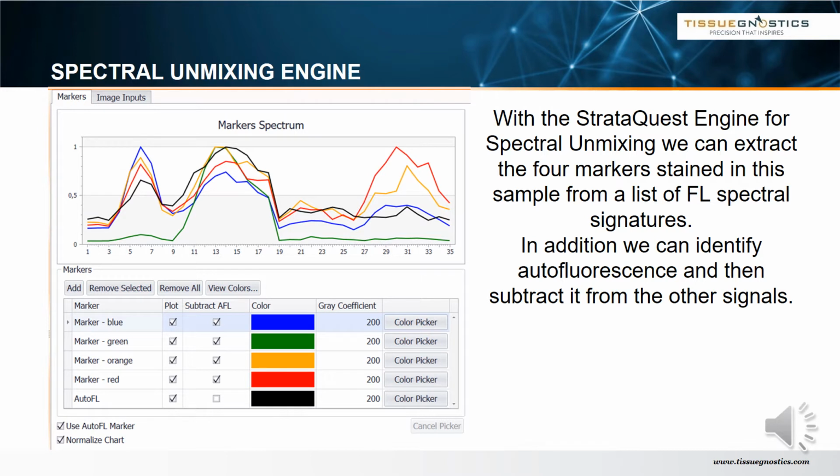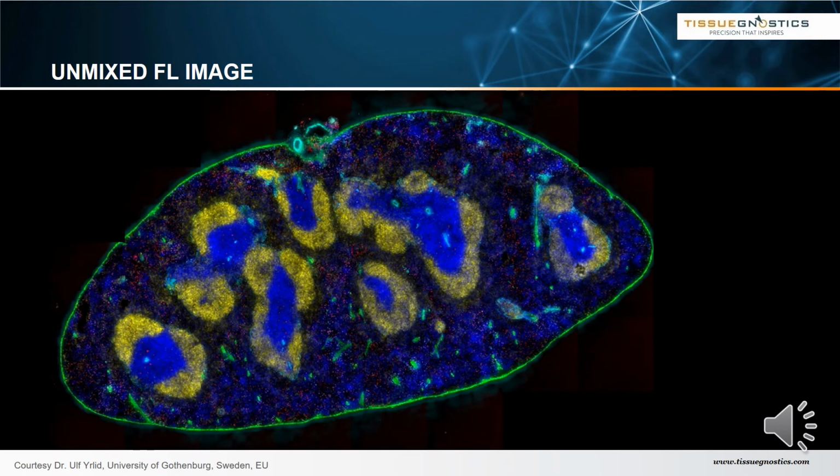Spectral unmixing. By using reference spectra of individual fluorochromes, it can be computed how much of the total emission comes from fluorochrome 1, 2, 3, 4, 5, 6, 7, 8, 9, 10. We compute how much from the total emission belongs to each fluorescent channel. And what we get is this: stunning images of fluorescent stained samples with multiple markers that allow to quantify multiple fluorochromes at the same time and determine co-expression patterns.